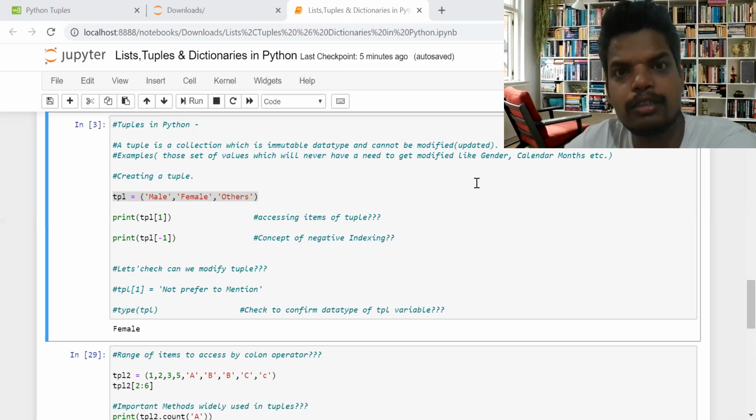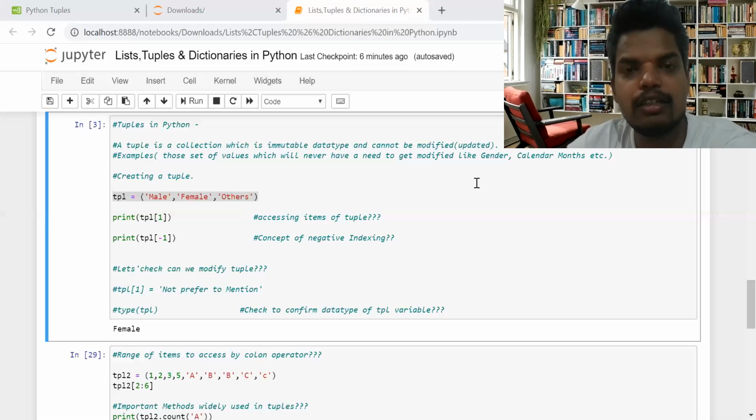Whatever attributes or values where no update or modification is required, we generally recommend using tuples, so that, as best programming practice, it never gets updated on its own, since Python will throw an error. We'll be checking whether we are able to modify the tuple or not.